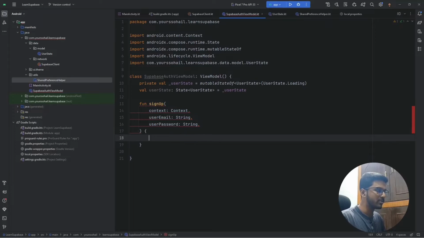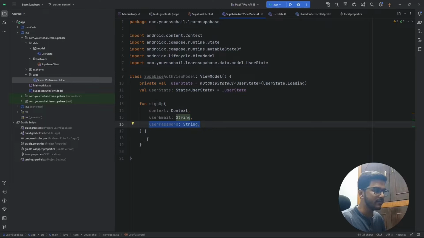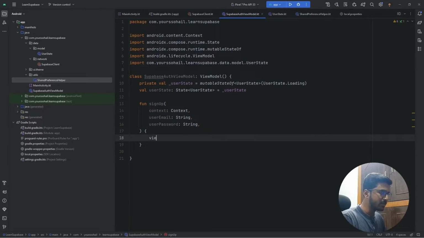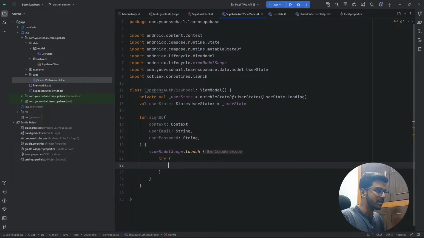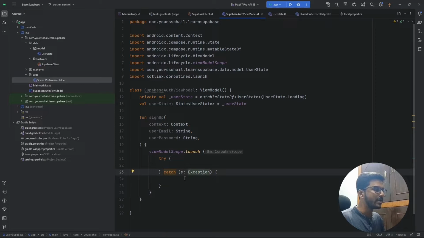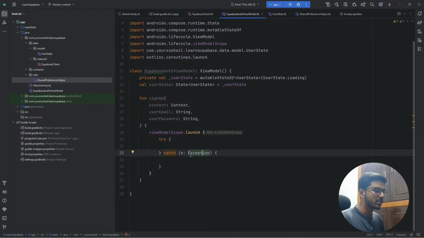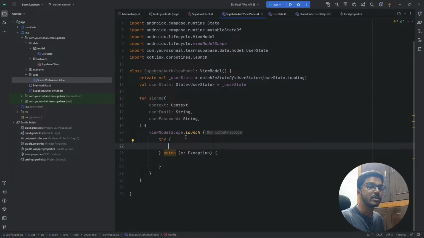Now the first function that we are going to add is the signup function. So we are going to add a method called signup, which would require a context, the user email and the user password. And then inside this, we need to add viewModelScope launch, and then we will wrap it inside a try catch block. You can actually provide specific exceptions also instead of giving a generic exception. What I mean by that is that the method which we are going to use, in case it throws an exception,